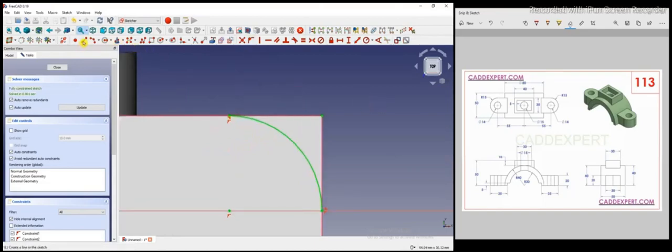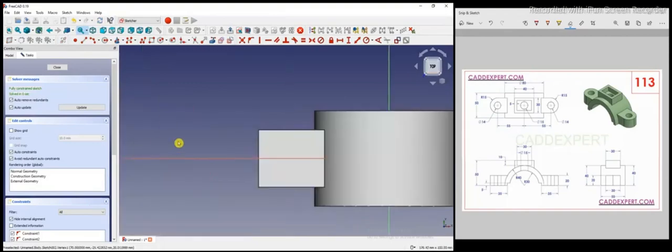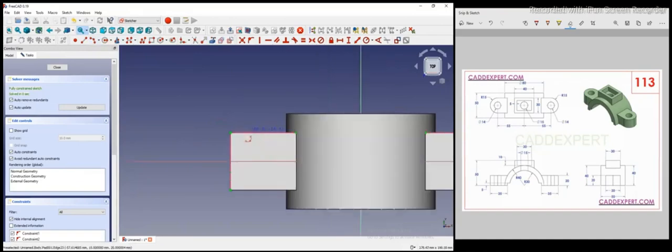So now I will close my profile. I will select this point, this line, now this with this. Same way at the other side I will draw the same profile. So I will select include geometry, this, and I will draw a 3-point arc from here to here, and I will make it tangent. I can say tangent here, and from here to here